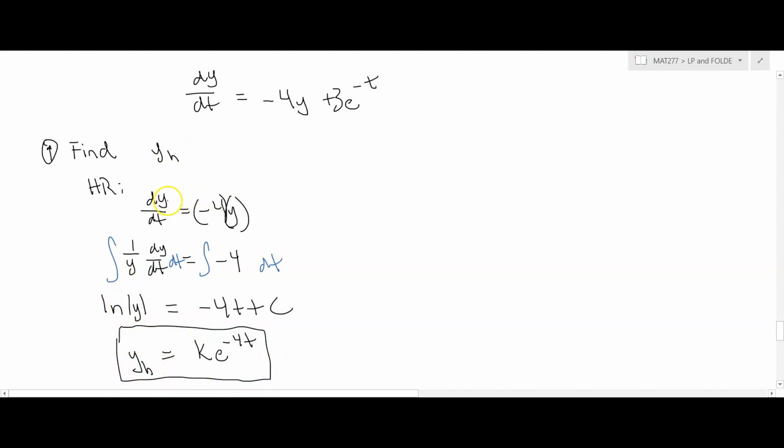I suppose along the way we should have just written y sub h everywhere to indicate that what we're solving for is y sub h. But we could do it on the back end here too and just define this thing to be called y sub h. Notice that matches what we had: k e to the negative 4t is the homogeneous solution. And notice that any multiple of e to the negative 4t is a solution. So step 2, find any one solution,